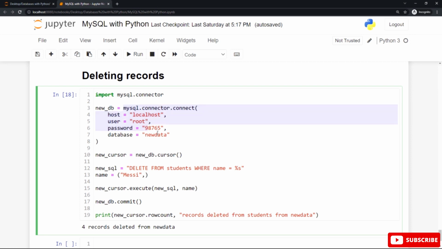NewDB refers to this connection to the new data database, and the print function after that prints the row count, the number of records that are deleted from our database, by using the row count attribute with the new cursor, followed by any string you type here. Hit Shift Enter or Shift Return after that to show the output on the screen.